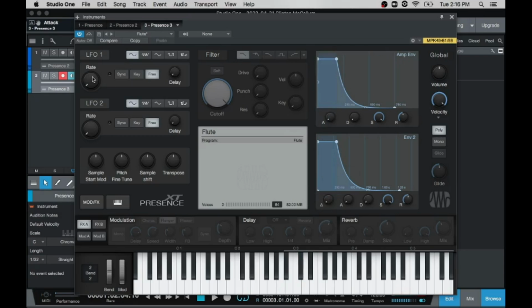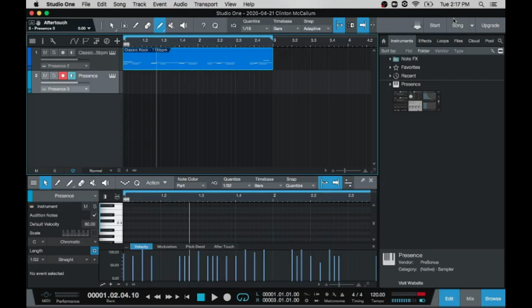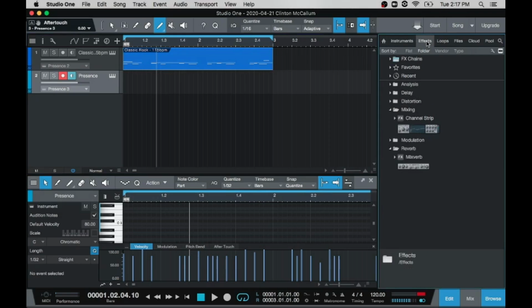et cetera, et cetera. I could also start toying around with other things that I see on the face here, et cetera, et cetera. So you can adjust the timbre, the tone color of these instruments within the Presence instrument itself, or, as Alicia brought up, this problem that she was having with general MIDI sounds,